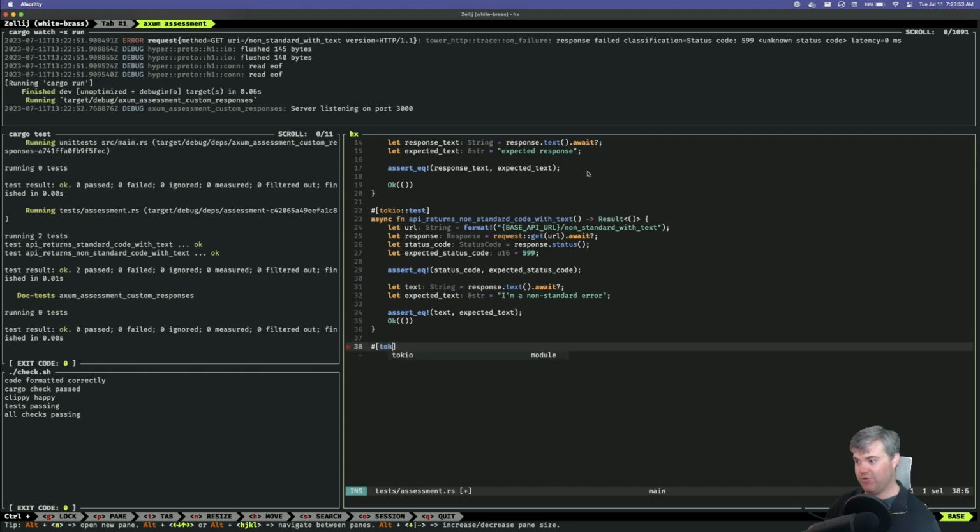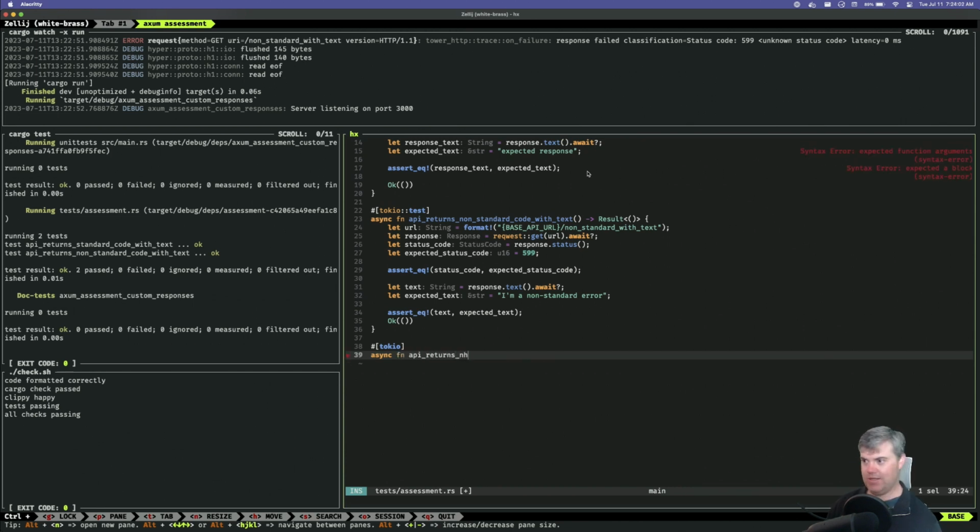Now I'm going to remember to do it with a test first. Non-standard code with JSON.